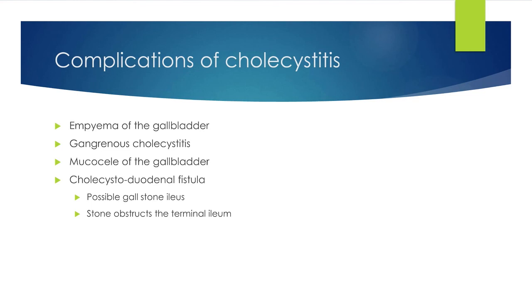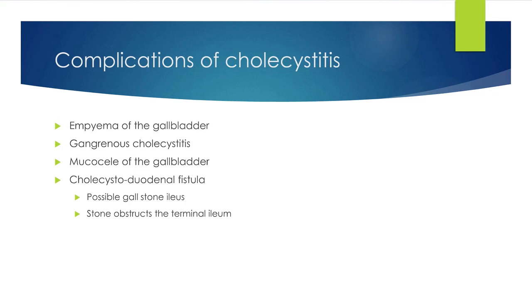Now, there is a rare complication of a cholecystoduodenal fistula. Again, this is neglected, long-standing cholecystitis, where we have large stones in the gallbladder, usually bigger than 2 centimeters. The inflammatory process will lead to necrosis of the wall of the gallbladder, and because the wall of the gallbladder is lying on the second part of the duodenum,